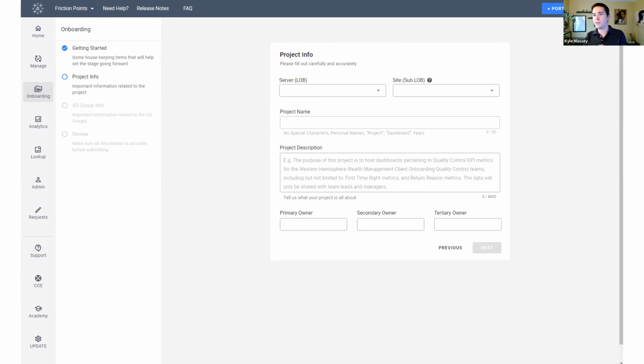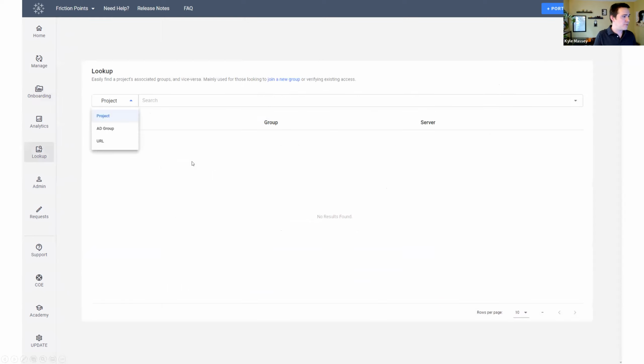It creates the project on Tableau Server, links up the groups, gives them the right permissions, and then sends the person an email that says, here you go, here are the links to your new project, all within about 15 minutes and no touch from our COE. So like I said, we just released this about a month ago, and it's been a real hit. So let me switch back over here.